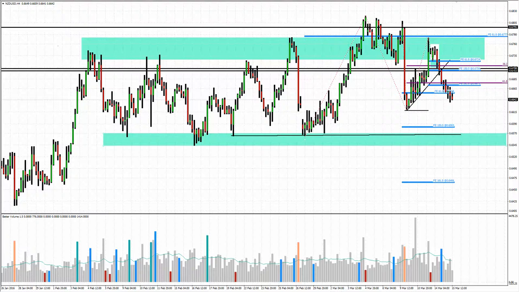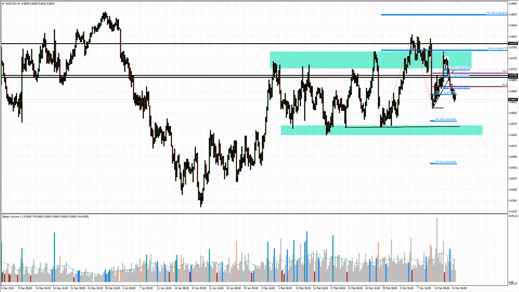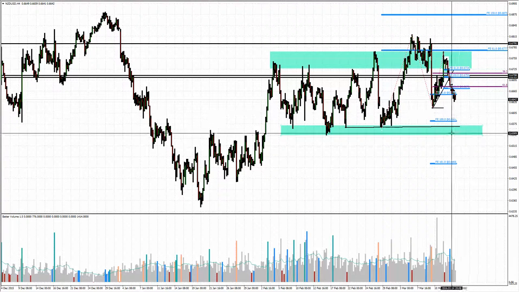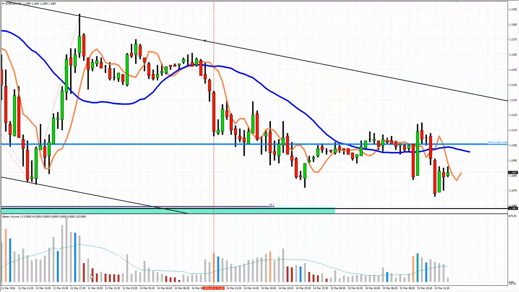And we may expect a test of that support cluster, and maybe even later on, depending on if the price breaks this, maybe later on continuation, or again back up into the trading range. So that's pretty much that. According to the Euro USD,